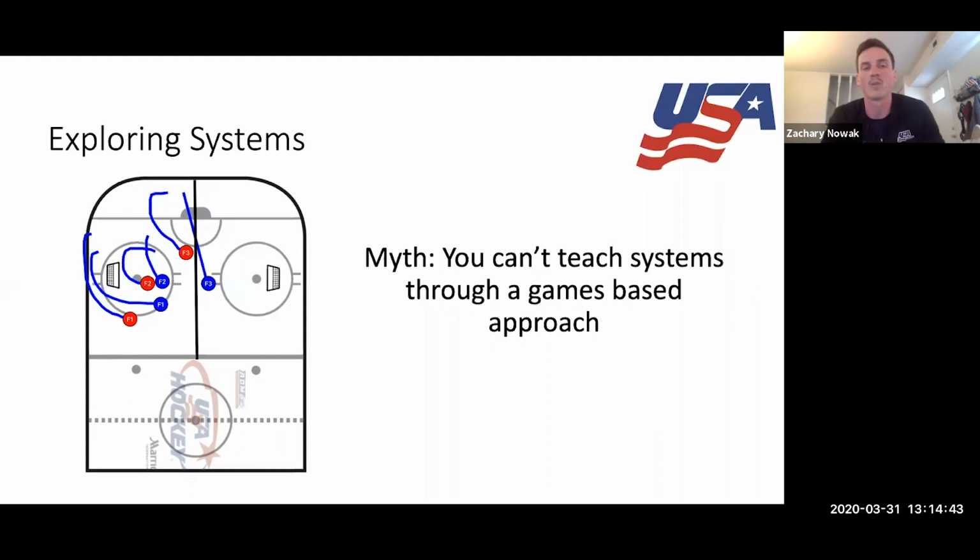All right, so here's one way that we've started this. Coach will start here with pucks. Blue will start here. Red will start here, and we just dump the puck in this area. It's red's job to break it out. It's blue's job to forecheck. We put a line down the middle. This is representative of an offsides line. If blue is able to cause a turnover before red is able to enter and get possession in this zone, blue will get a bonus point. After that happens, then it'll just play out 3-on-3 for a little bit.